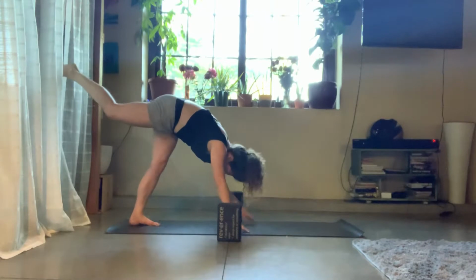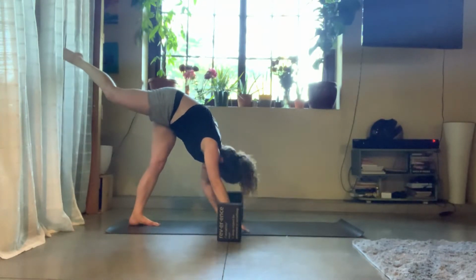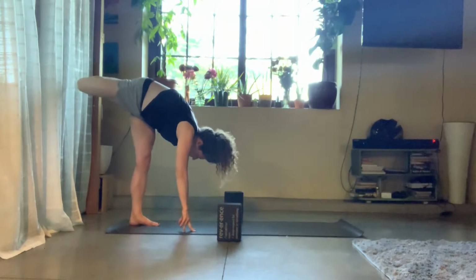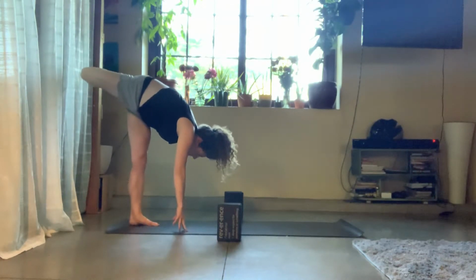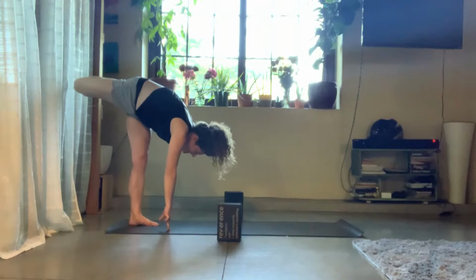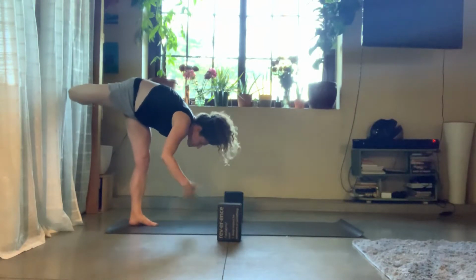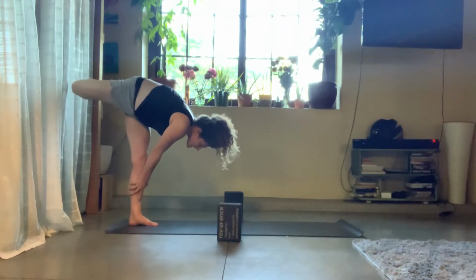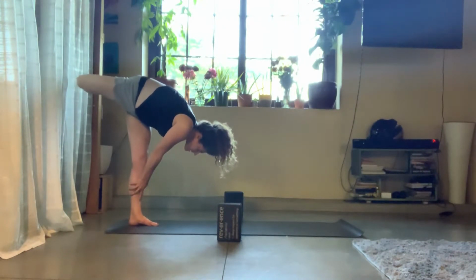Walk the hands back to a standing splits. I'm going to bend my leg here, but you could keep yours straight. I like to find this bind, bending the lifted leg. Right hand could be on a block, or I'll bring mine to my ankle if you want this added challenge. For 5,